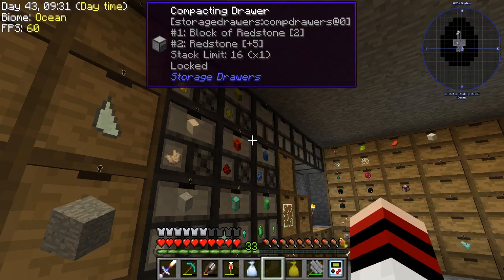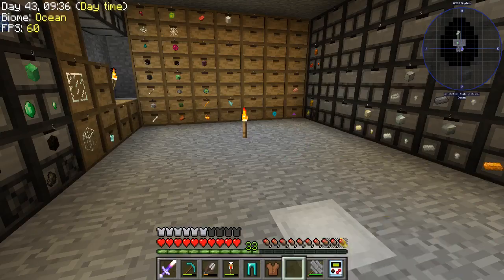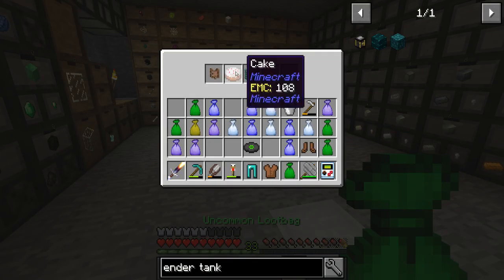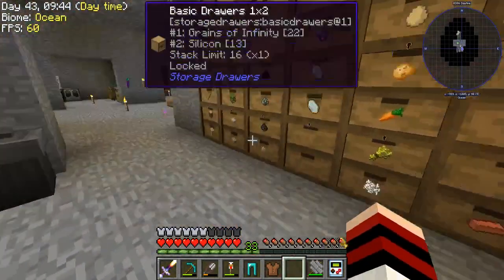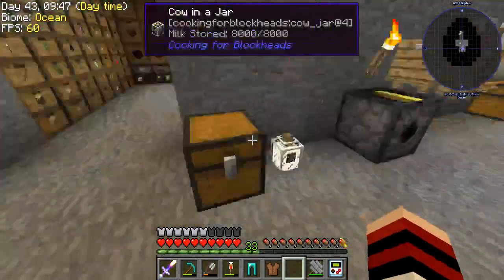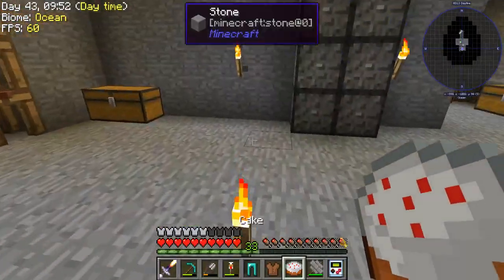Alright. So leather boots, garbage. Leather chest plate, garbage. Diamond pants, that's okay. We have another piggyback. I need like a pulverizer or something to deal with these things. Guess we can...